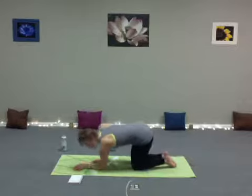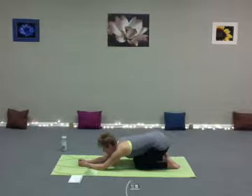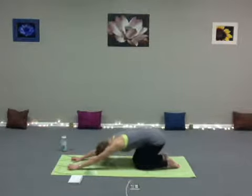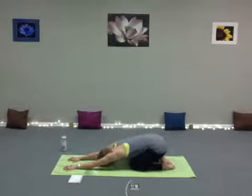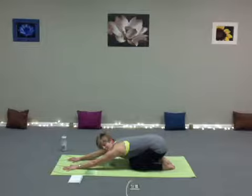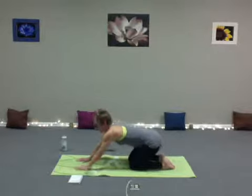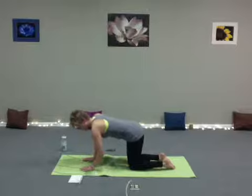So you can either come onto your forearms, or you can stretch all the way out to child's pose. Arms can be forward or back. One more inhale in this rest. And then we're going to come up onto hands and knees, and we're going to move through our vinyasa from here. So again, let's